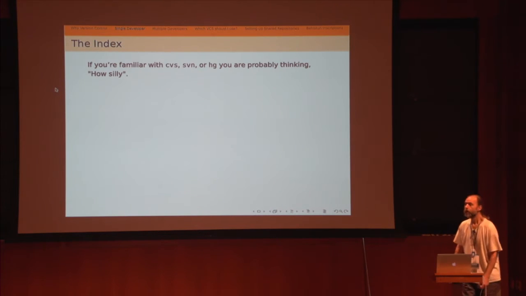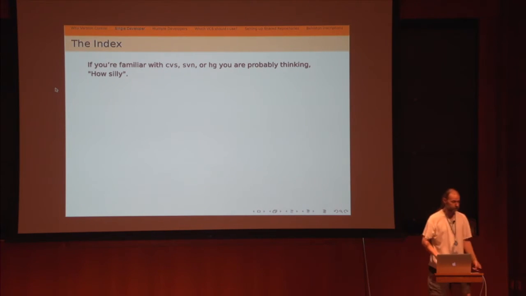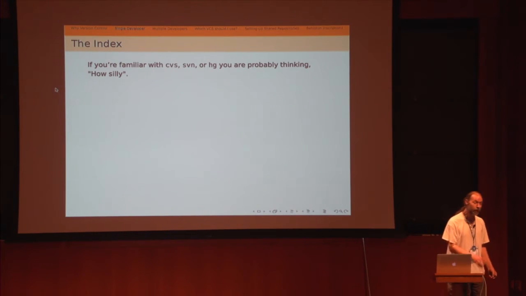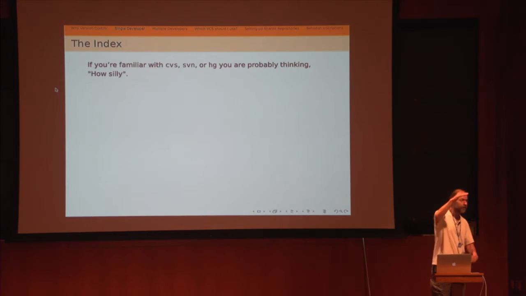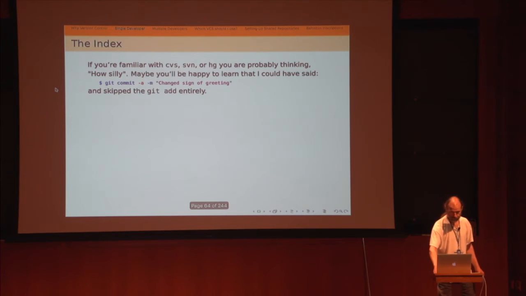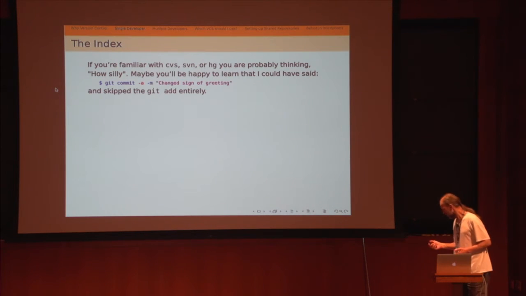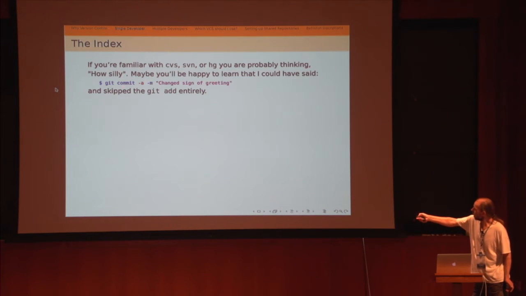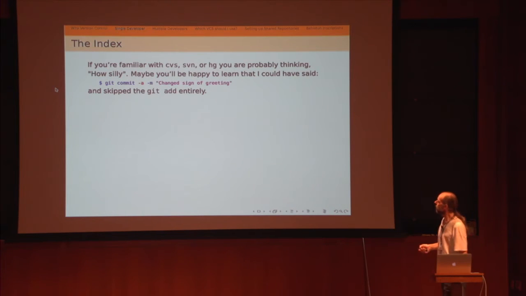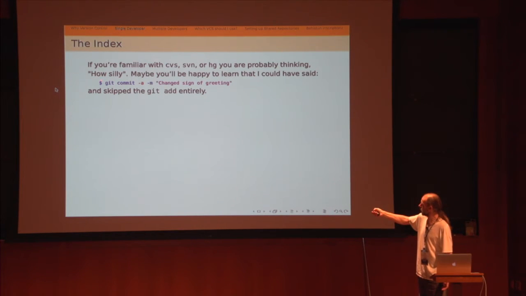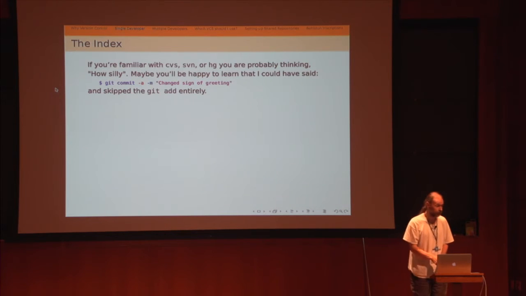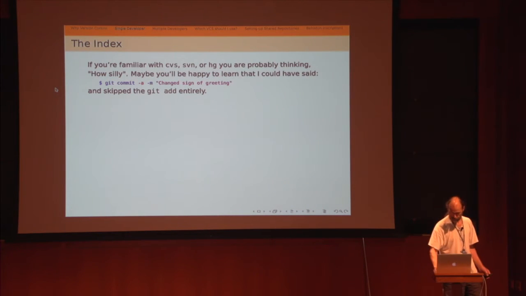Now, if you're familiar with CVS like Peter, you moved on to CVS from RCS, didn't you? Yeah, okay. You're still in CVS. Better than SCCS. We'll come back to that. Or even SVN or Mercurial. You're probably thinking, this is a really dumb thing to do. Why should I have to deal with this extra layer of complexity? Well, one thing is that I didn't. I could have said, add everything by putting a -a in, and then I would never have known. And then some of you are thinking, why don't I just alias git commit to git commit -a? And in fact, you could do that. I showed you how to make other aliases.